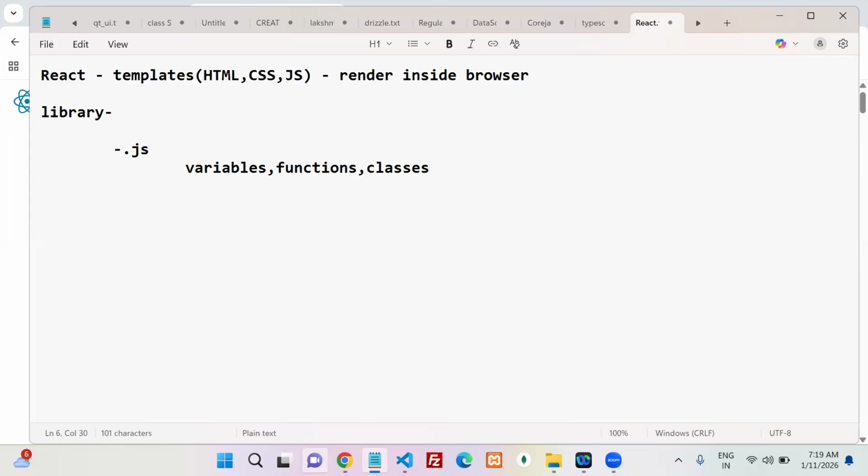Classes or not? Yes or no? Okay, library is nothing but what? It's a simple JS file, which contains variables, which contains functions, and which contains classes or not? Yes or no? Now, if you want to use the variables inside the JS file,